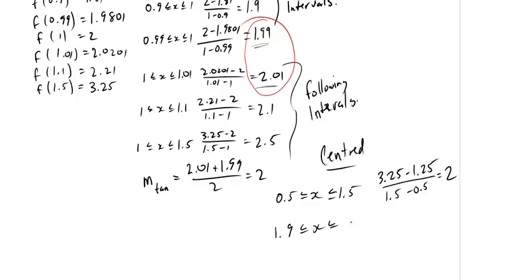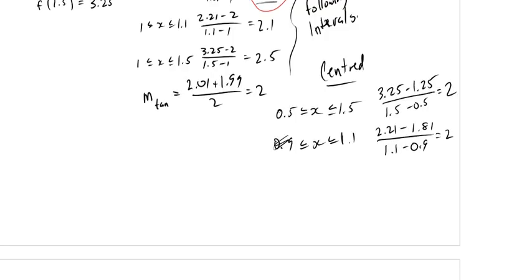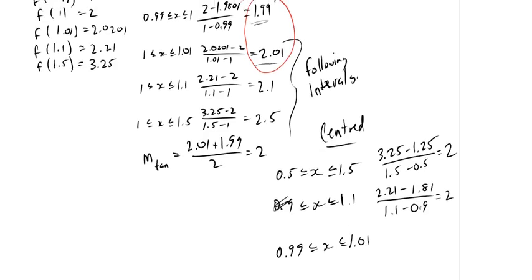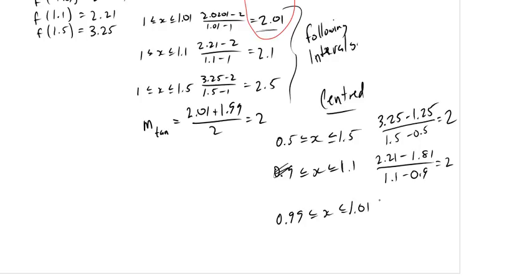1.9 less than or equal to x less than or equal to 2.1. So we're using 2 that are closer. Over 1, what did I do here? Oh geez, sorry. 0.9 to 1.1, there we go. Okay, so that's right, and then 1.1 minus 0.9, and what does that work out to? I'm going to give you the answer, 2, exactly. We're not rounding here, it gives you exactly 2. And then 0.99 less than or equal to x less than or equal to 1.01. Okay, so the 2 very insides, and that gives me